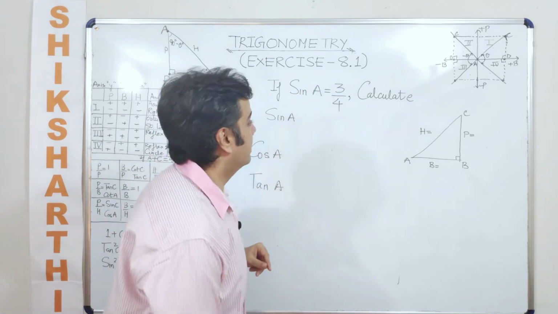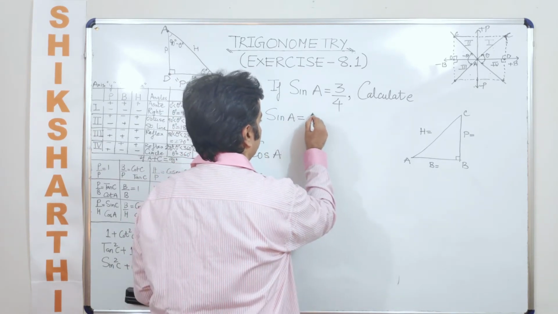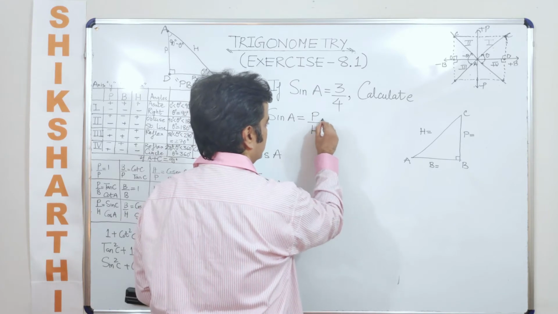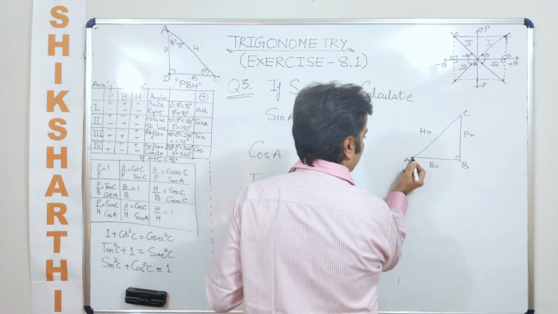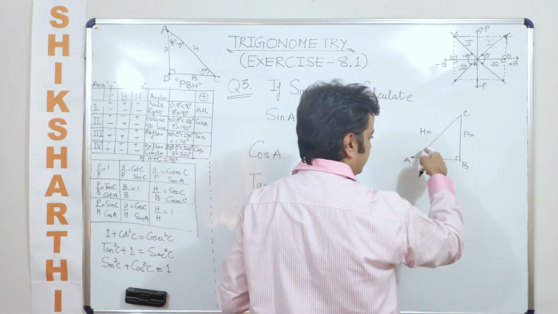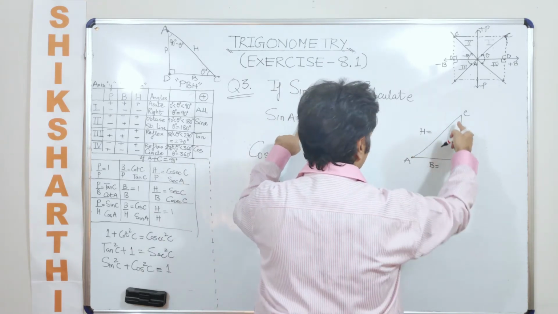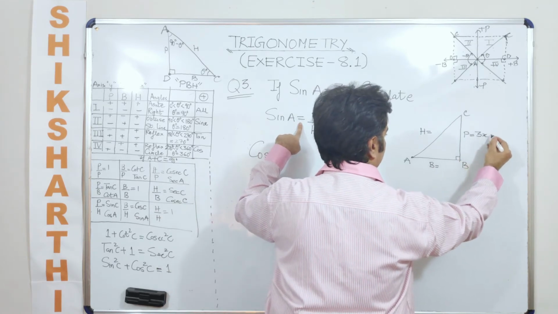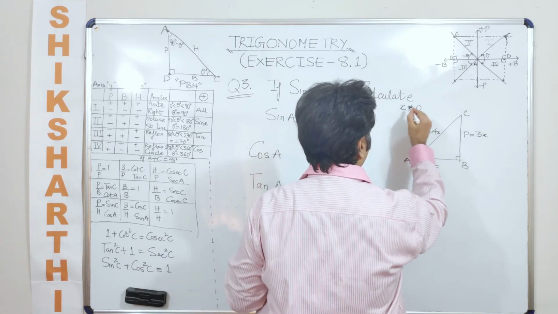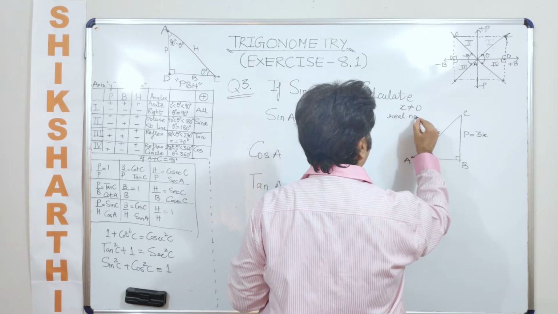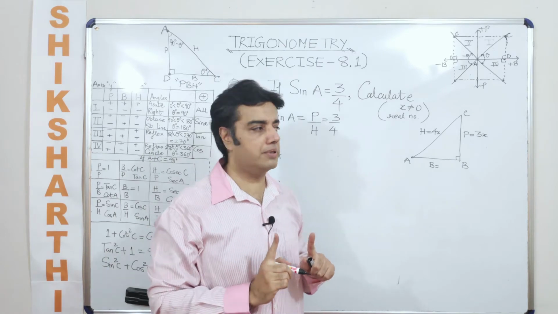Okay, so now the first thing that you need to do here is write down the trigonometric ratio, which is nothing but sine A is equal to perpendicular upon hypotenuse, which is nothing but 3 by 4. Once you have done this, thereafter you make a diagram wherein the triangle that I have taken here is ABC with the right angle at B. Now in this case, we know that sine A, which is perpendicular, is just like saying 3x and this is just like saying 4x. Now the point to be understood here is x is a non-zero real number. This is the point that you need to write down. X is a non-zero real number.